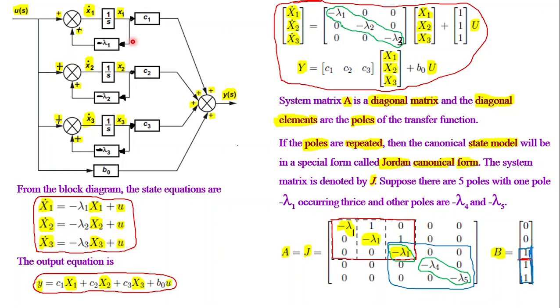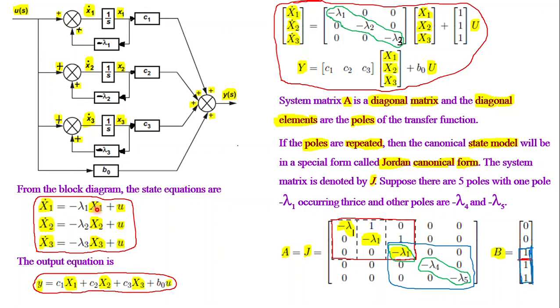Even we can see this from the block diagram also. Therefore, how to draw the block diagram? Very simple. Take x1 dot, x2 dot, x3 dot, x1, x2, x3. x1 is the integration of x1 dot, x2 is the integration of x2 dot, x3 is the integration of x3 dot. Integration means 1 by S. So 1 by S, 1 by S, 1 by S. Now I want to have x1 dot. So minus lambda 1 x1. So from x1, feed it to a block with the gain minus lambda 1. That should be added to U. So from U, you have a signal. These two you add, you will get x1 dot.